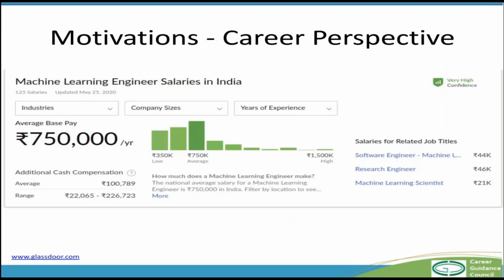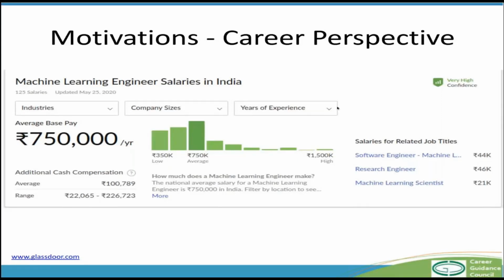To further motivate you, I also did a little bit of search about the average salary that an individual who has some knowledge of machine learning, or can work as a machine learning engineer or a data scientist, can get in India. On average, the salary is quite high. From low to high experience, it's a pretty decent salary, if you are coming out of college and you have good knowledge and can work on machine learning products. It's a pretty good salary, I feel. And this is from Glassdoor.